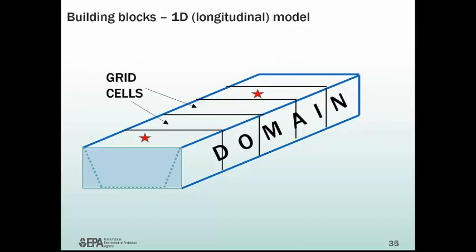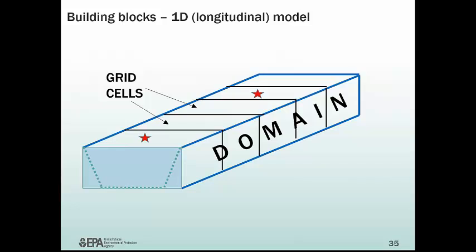Then we're going to chop the model domain into grid cells. In grid cells, we're going to have a calculation of water quality and all the other things we're going to predict. We're going to have one value within each grid cell. We can chop the domain into as many grid cells as we want, but there's a bit of a Goldilocks principle here. Too many cells is overkill, and if it's a very complex model, that's going to make your model run very slowly, and it's best to have a model that runs fast, because we're going to run this model a lot of times. On the other hand, if you have too few grid cells in your model domain, that's not good either,